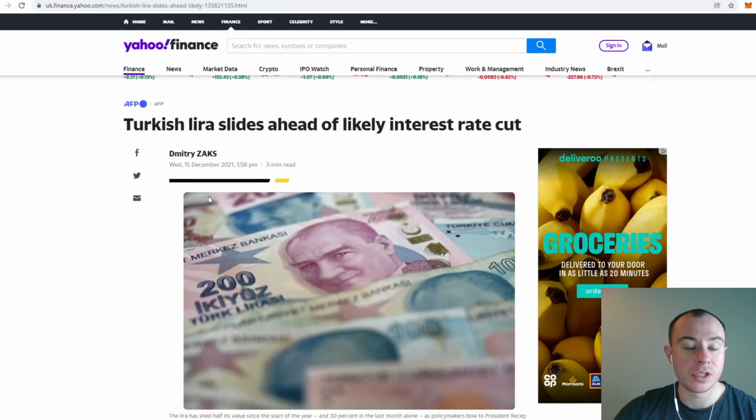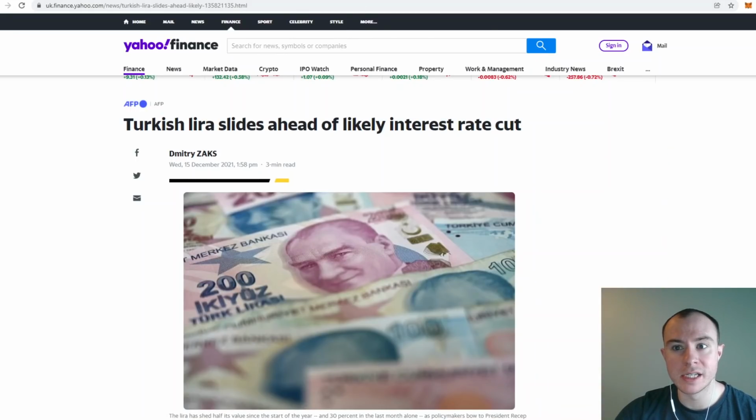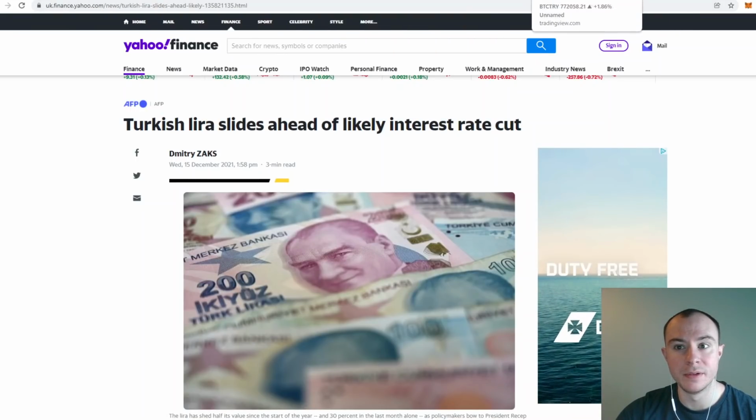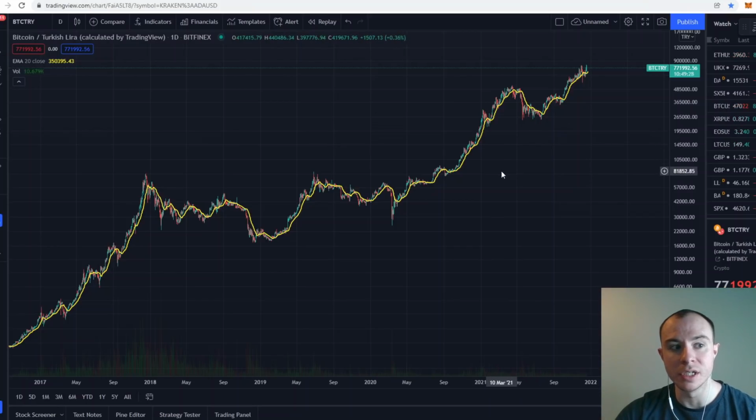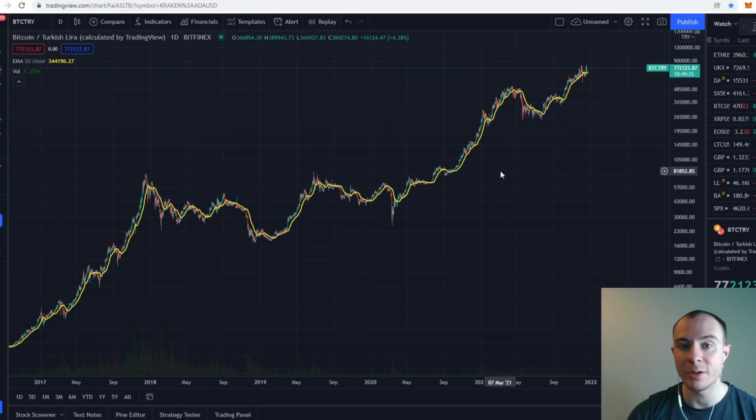And then we've got the Turkish Lira. Now this is interesting because markets are in extreme fear. Well, imagine if you were holding the Turkish Lira through all this. Bitcoin and crypto, altcoins potentially, but certainly Bitcoin wouldn't be that much of a fearsome asset to hold, due to the fact that your currency, your fiat system that your government has told you have to use, is being devalued at an extortionate rate. The Turkish Lira is a very interesting case because Erdogan essentially has religious beliefs and he thinks interest rates are bad.